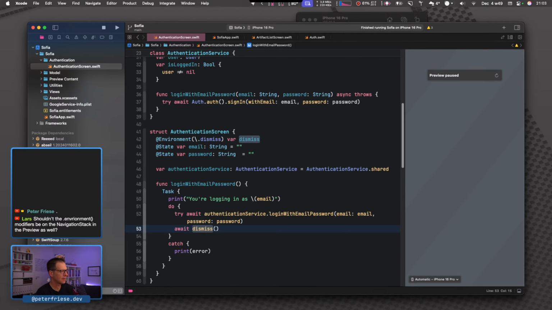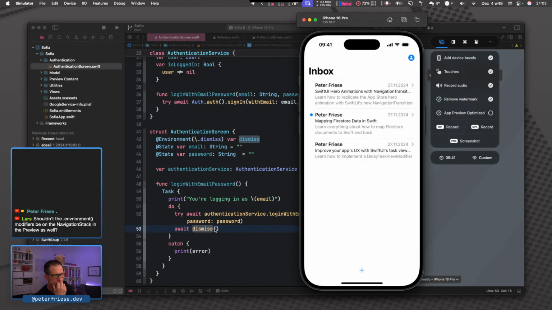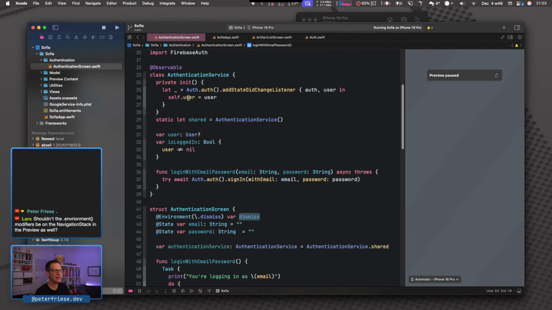All right, let's see. So you might be surprised, or maybe not. When we last launched the application, this icon was not filled, and that meant that nobody was signed in. But now it is filled, and that means somebody is signed in, but we haven't signed in. And that is because Firebase Auth keeps track of the authentication state for us. And that is because of the authentication state listener here, right?